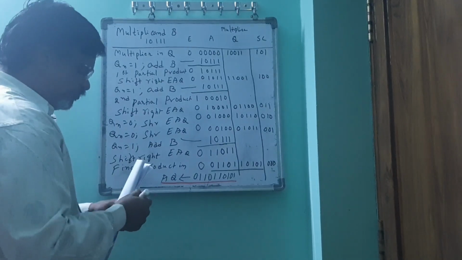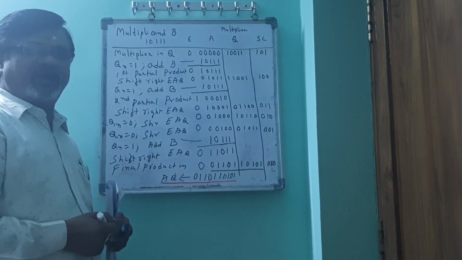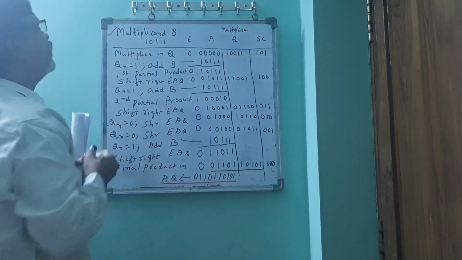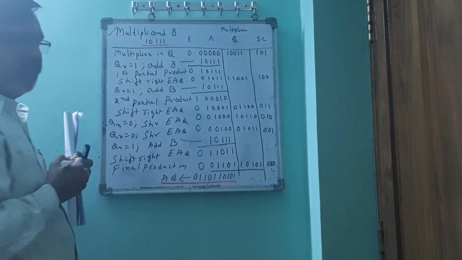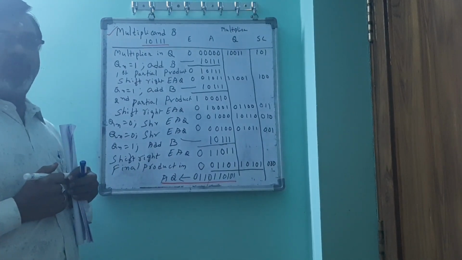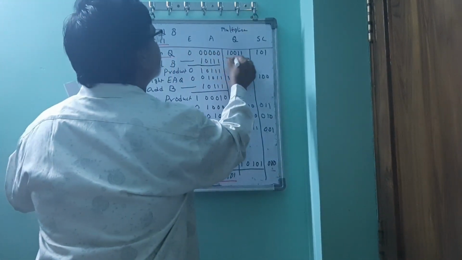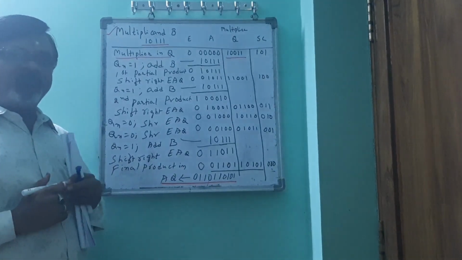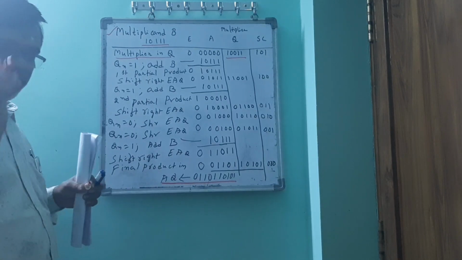You just see, as the initial example we have taken 23 and 19, the same example we are taking here. The multiplicand will be in B, that is 10111, and the multiplier is in Q, that is 10011. So here the multiplicand is in B, the multiplier is in Q. Clear? So what we have to do initially, of course,